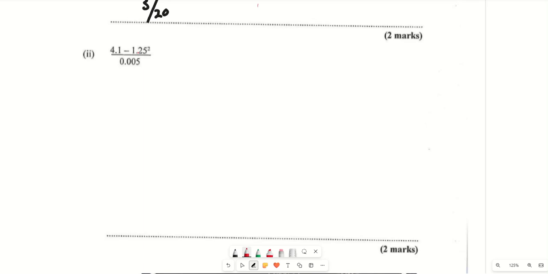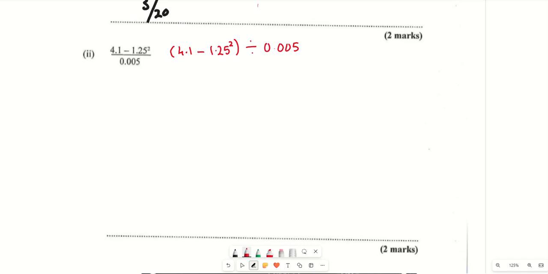What you're going to put, and if you were to solve this, how would you do it? You would do the top part first and then divide it, right? So in your calculator, you're going to put the brackets. Remember, brackets tell the calculator this is what you're doing first. So you're going to put open bracket 4.1 subtract 1.25 squared, close bracket, divided by